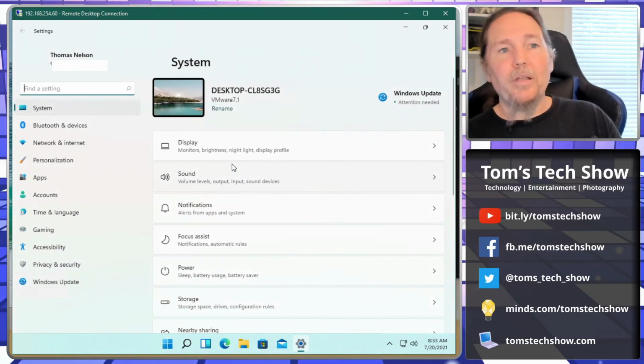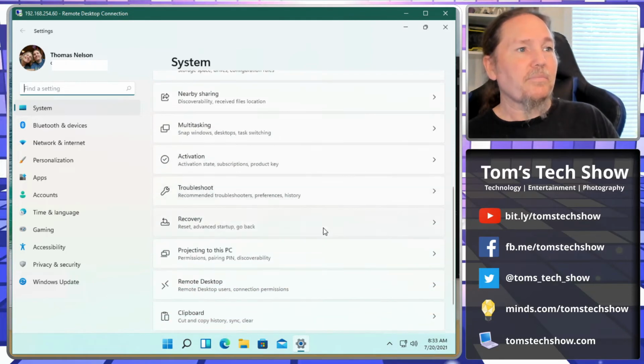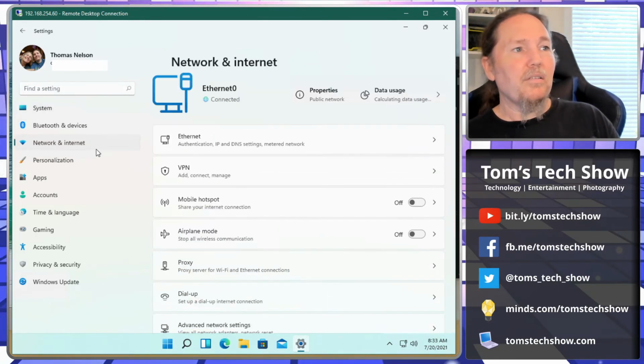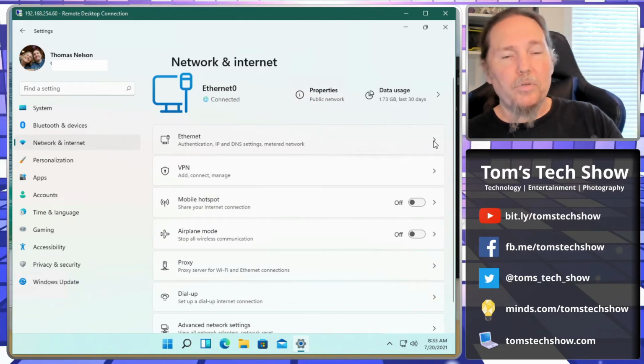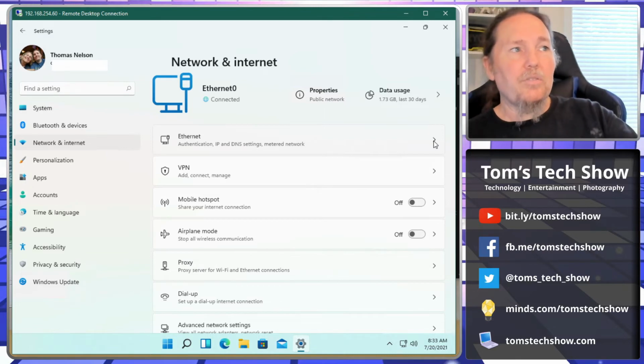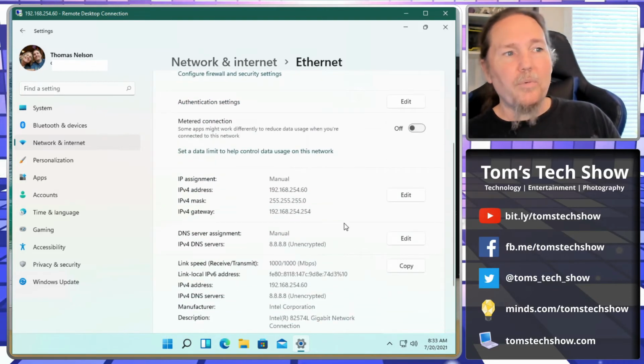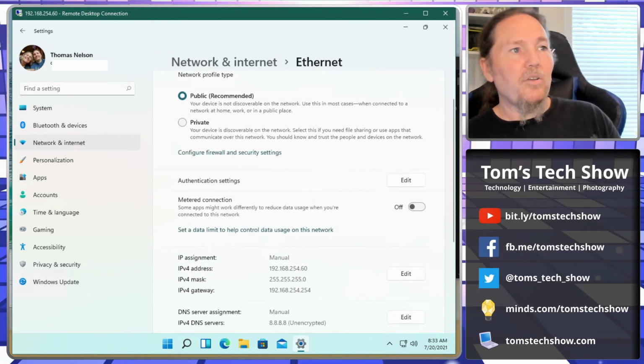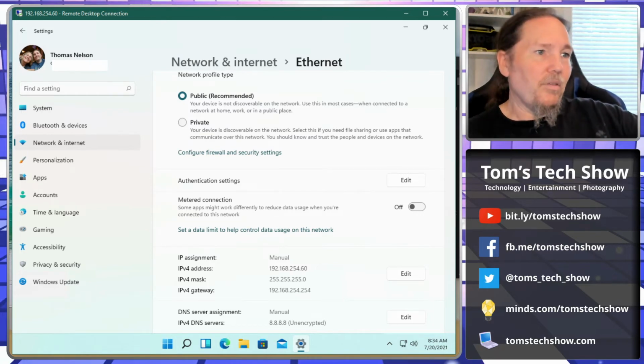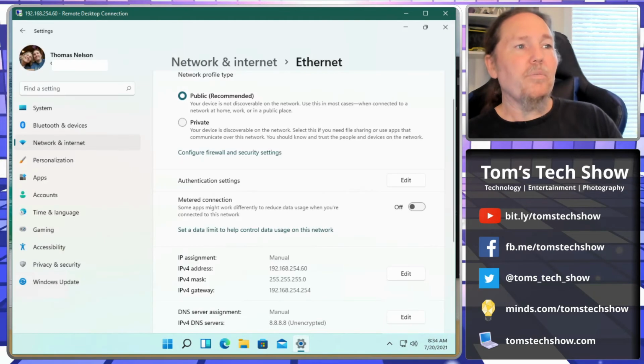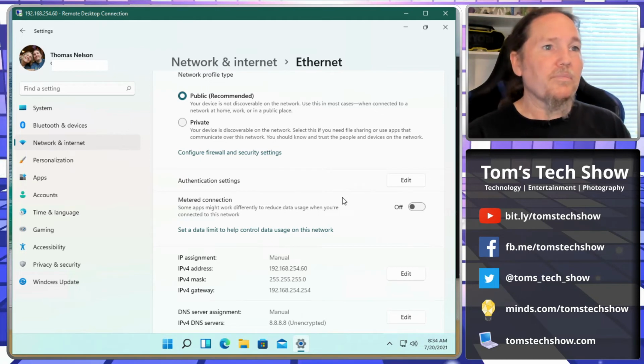I mean, the control panel they've done quite a bit of work on. So we have all of the different items here. If you go back to the old control panel, many of those links deep link into the new control panel. My one big pet peeve was that to change Ethernet network settings, you couldn't do it here. You had to go back into the Networking and Sharing Center, and then go to adapters, and then go there. Here we can just edit it right from this control panel, which is something I do all the time. So that is a good thing.